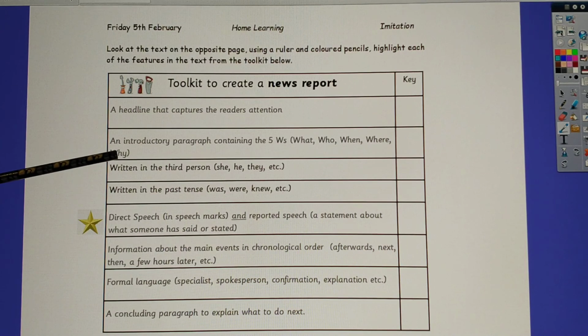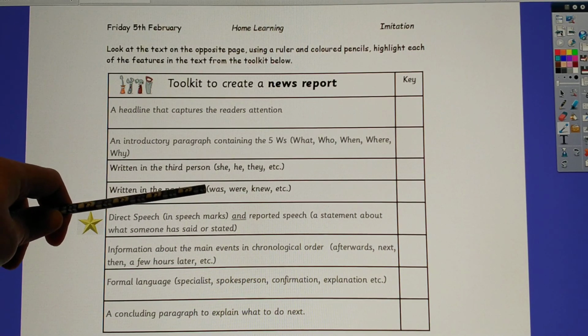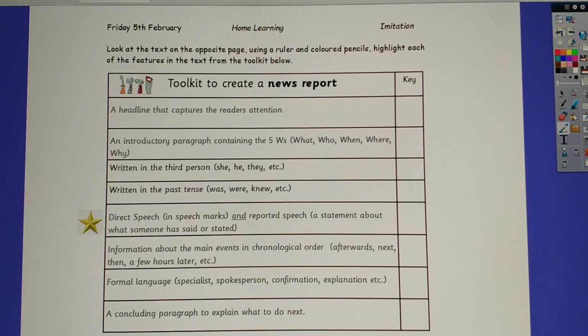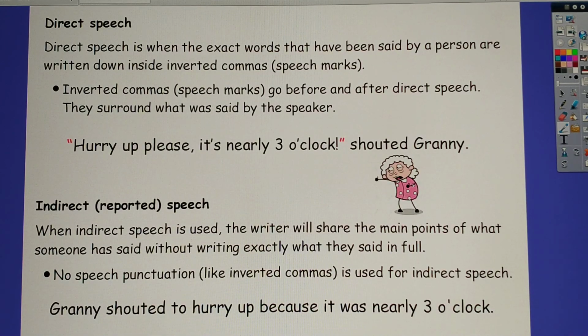Some of the features have been explained for you. So if it's written in the past tense, you're looking for clues such as "was", "where", they knew about something, the words that are said in the past. One of the things that we might not be very confident with is direct speech and reported speech and the difference between them. So just to explain those to you, direct speech is when the exact words have been said